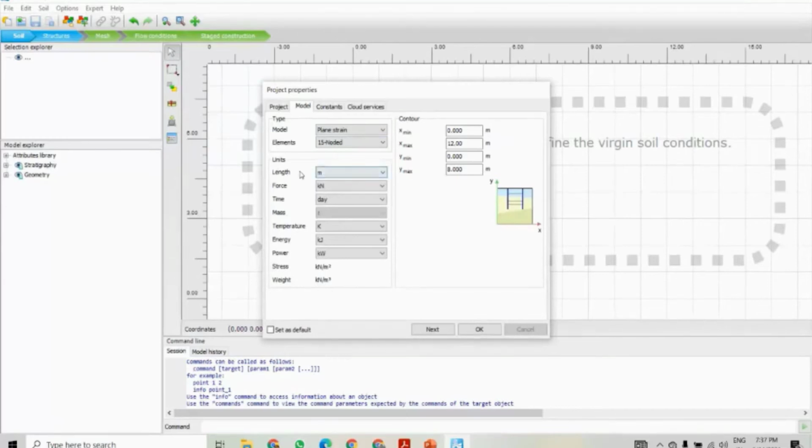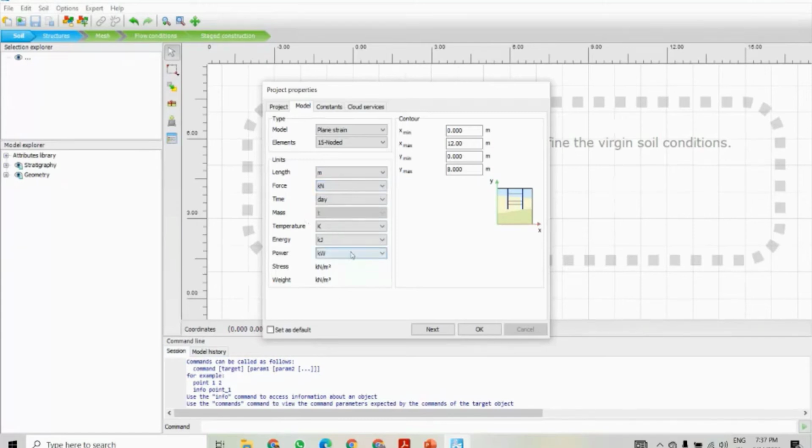Units are there. These are the default units: meter, kilonewton, time in day. You can change them accordingly. Sometimes different countries use different units. Somewhere they use feet rather than meter, and for forces lbf rather than kilonewton, right?